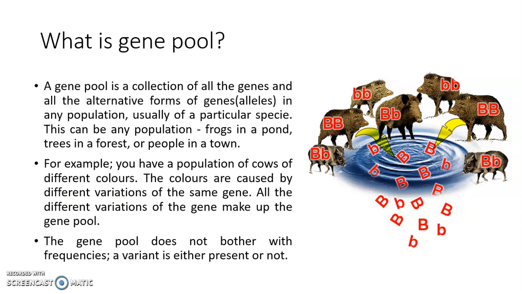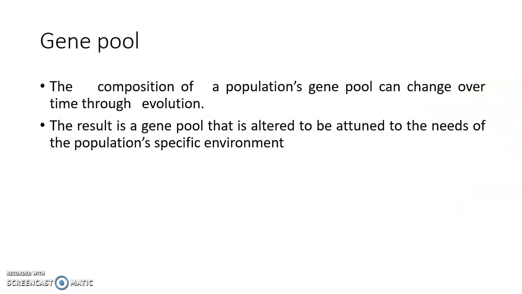The gene pool can change over time with evolution and according to the needs of those species. If we talk about climate change, as we all know, the climate is changing and the temperature is increasing every year. In previous years the temperature was lower, but now the individuals of a species need variations in their genetic material, or in their DNA, which can make them more adaptable to this increasing temperature. As the temperature keeps increasing, the species will make themselves more adaptable to this changing environment.